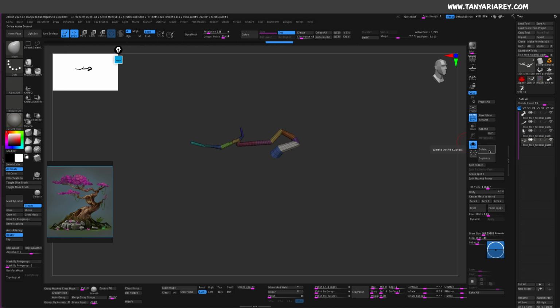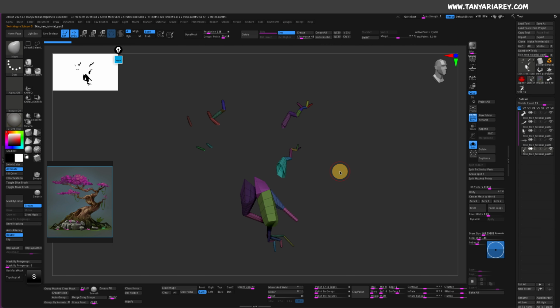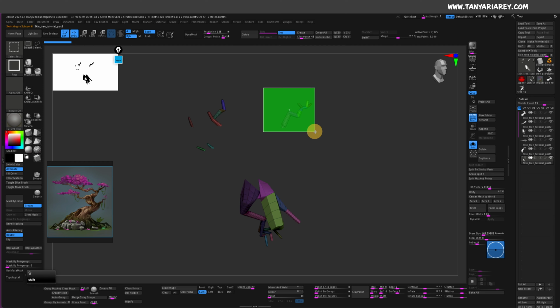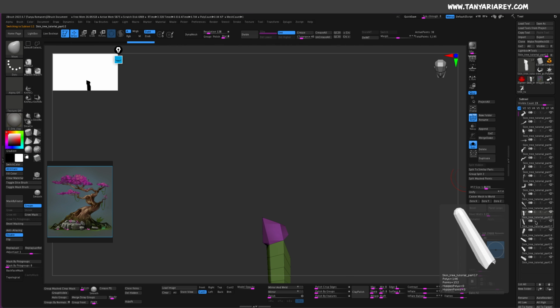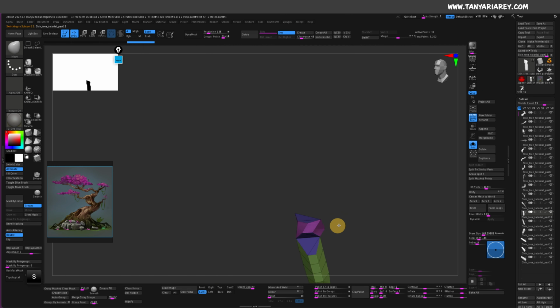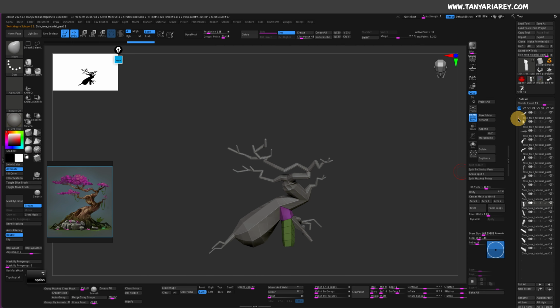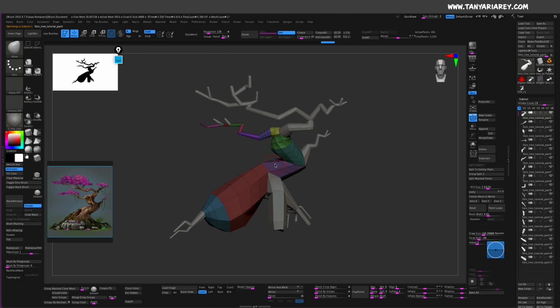Okay, so split hidden. Cool. So now I have plenty of subtools to work and lots of different polygroups that I might also keep or